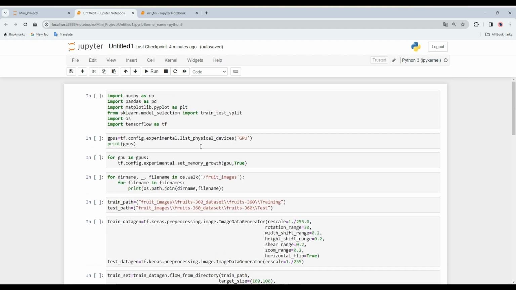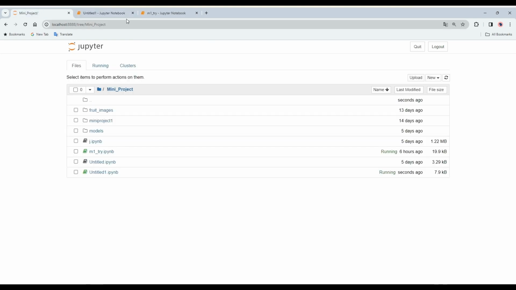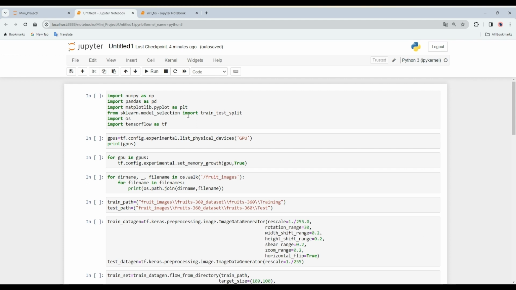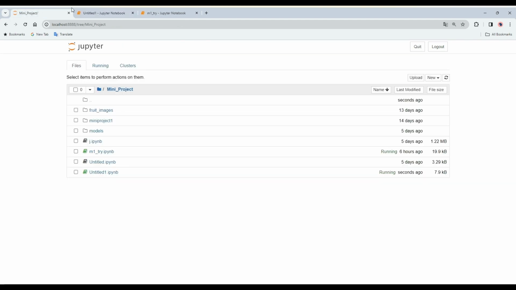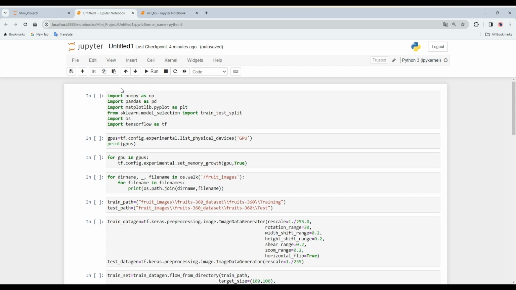Today we will be seeing how to build a deep learning model for classification of images. First, we will be requiring some libraries like NumPy, sklearn, TensorFlow, etc. First step is to import all the libraries,